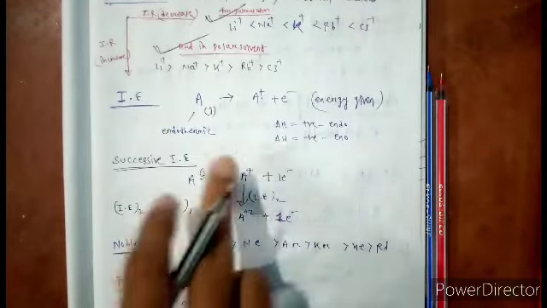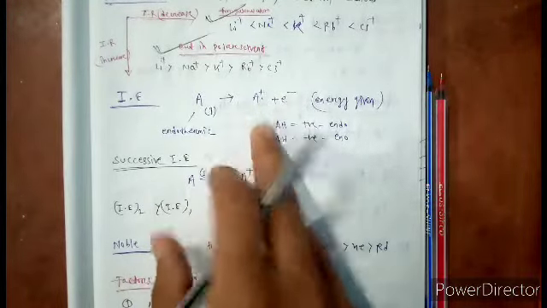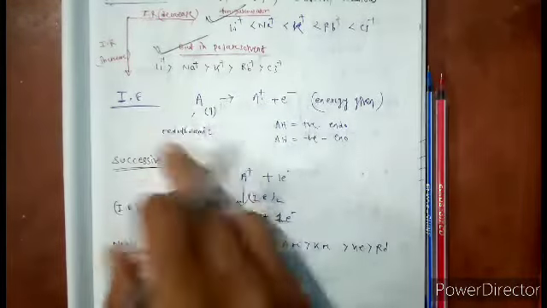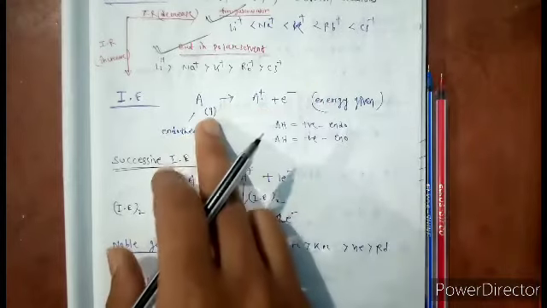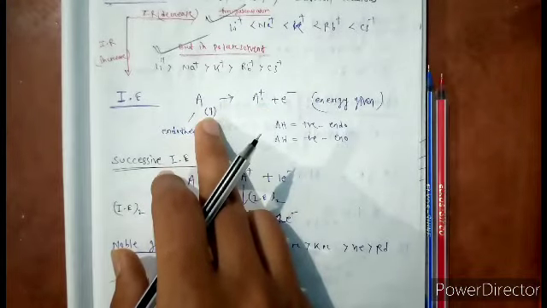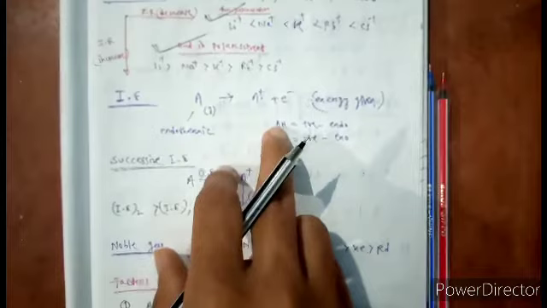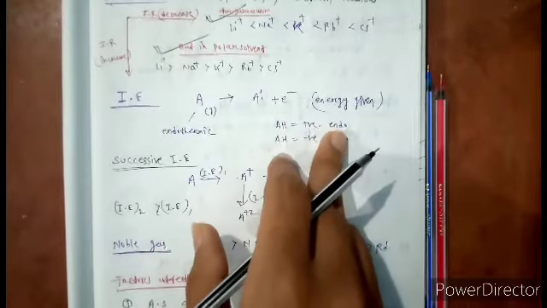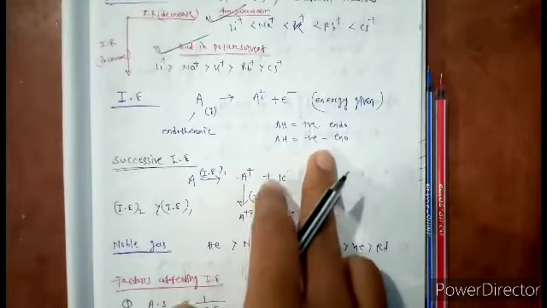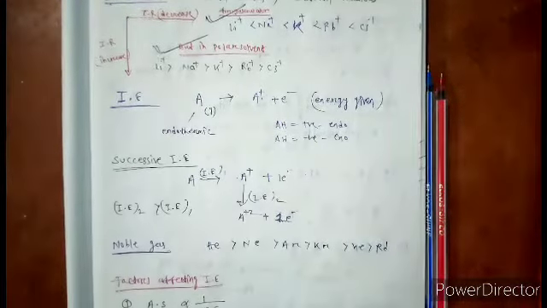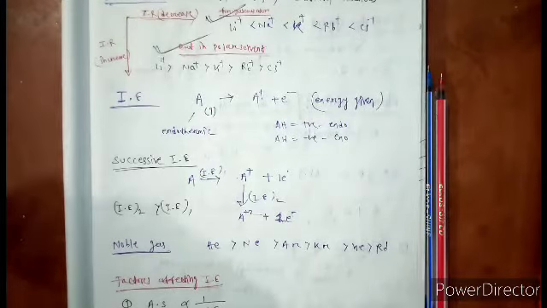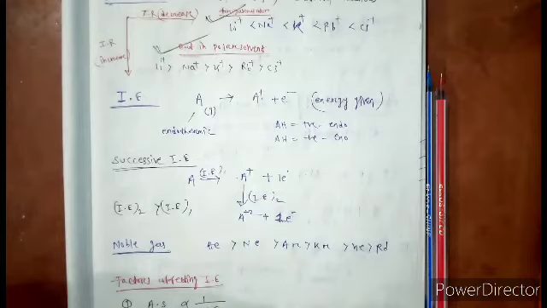The amount of energy required for the removal of an electron. If we remove an electron from a neutral gaseous atom, then we have to give energy. When delta H, that is energy change, is positive, it is called endothermic, and when energy change is negative, it is called exothermic. This is endothermic, because we give energy. But what is exothermic? Energy is released. Okay, what is successive ionization energy?